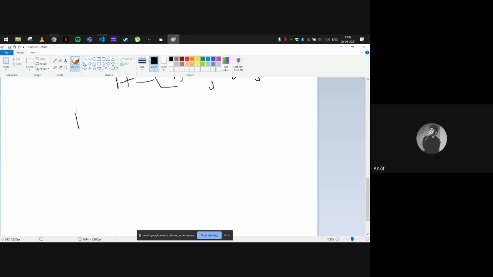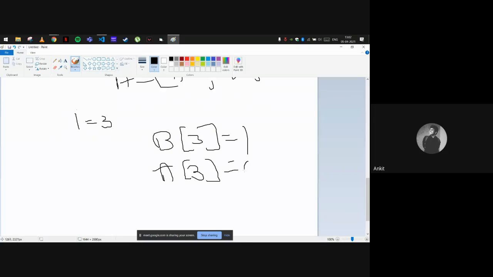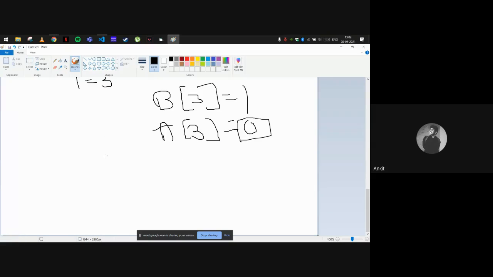Now the final case, when i is equal to 3, b3 is equal to 1, and a3 equal to 0. Again taking the complement of this variable value.